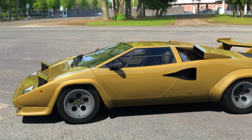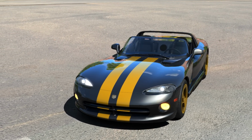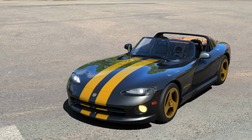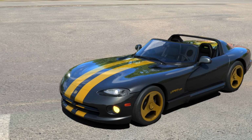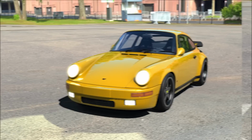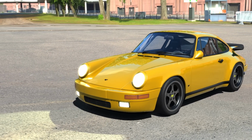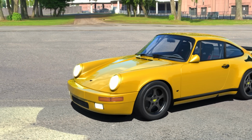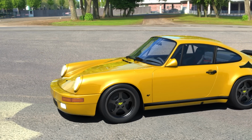1,490 kilos. We have the Dodge Viper RT10. Now this is from 1995. This is 400 horsepower, 627 Newton meters of torque, and comes in at 1,494 kilos. So we have the Ruf CTR Yellowbird. Now this is from 1987. It's got 469 horsepower, 553 Newton meters of torque, and comes in at